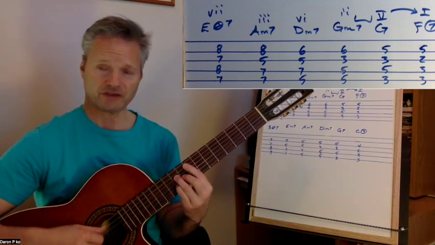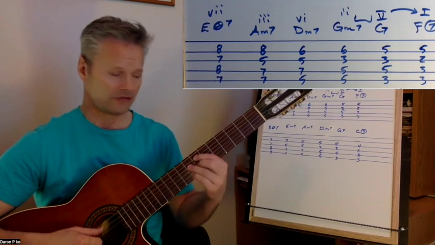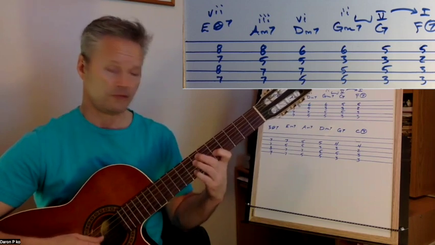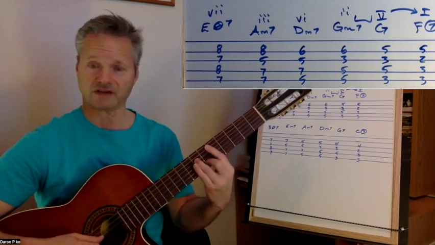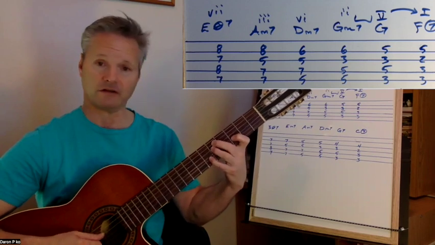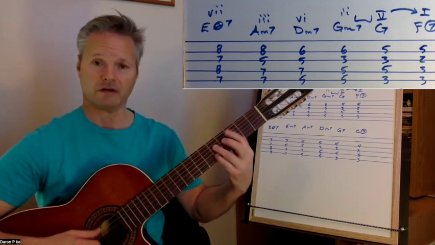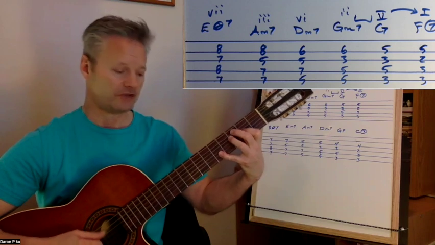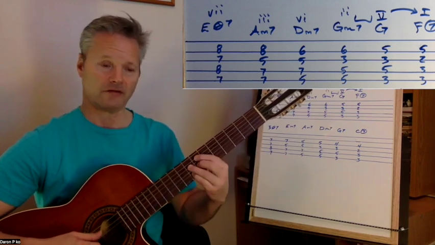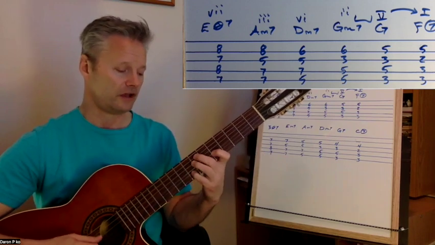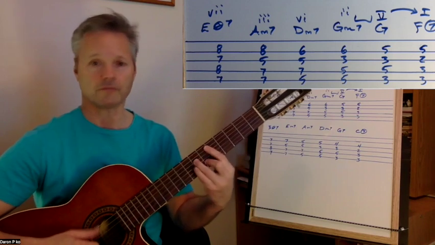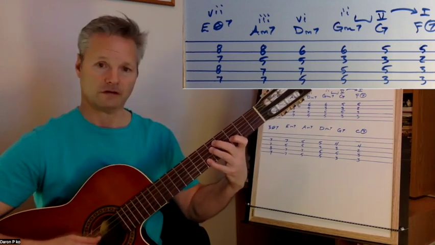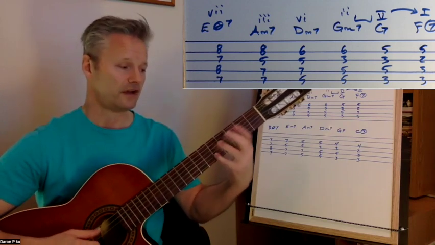So I have F major 7, E half diminished, A minor 7, D minor 7, G minor 7, C7, F major 7, F major 7 again, E half diminished, A, D, G, C, and